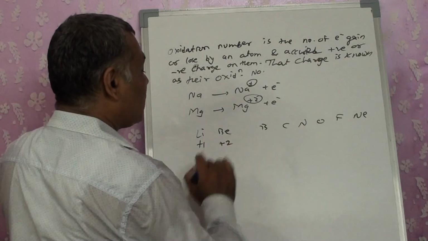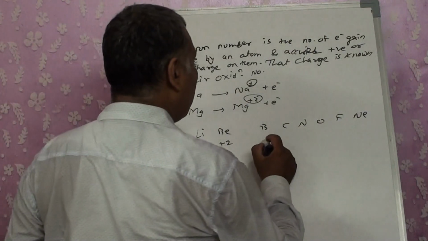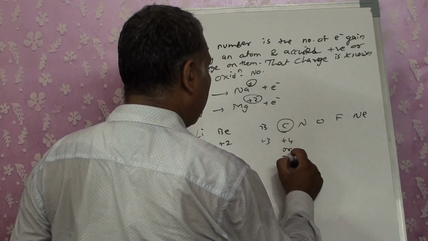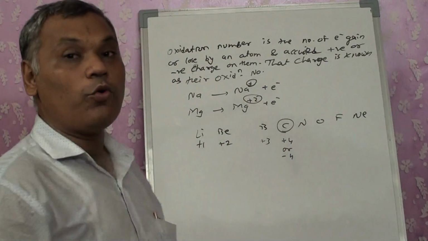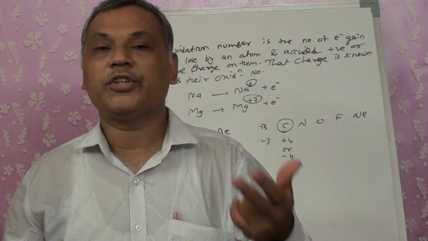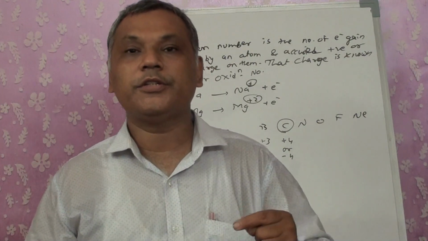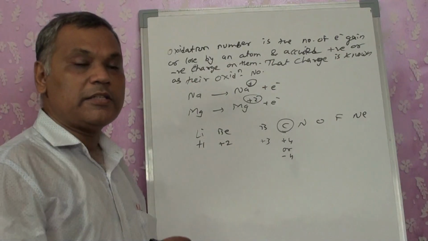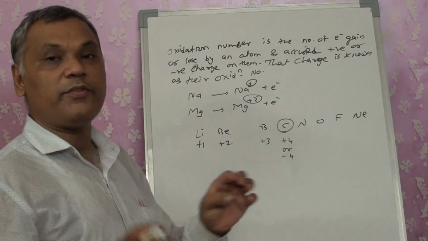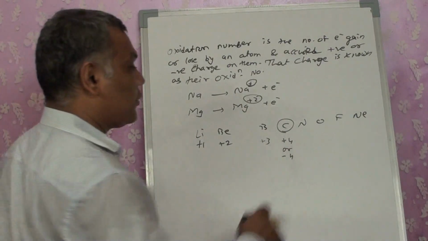Beryllium will be having a tendency to donate 2 electrons, so it will acquire +2. Boron +3. But the case of the carbon, it can be +4, it can be -4, it can go from +4 to -4. Either it can gain electron, it can share electron, it can donate electron. So from compound to compound, the oxidation state of the carbon will vary. It's possible to go for different oxidation states. These elements are having fixed oxidation states, while the carbon we are having a variable oxidation state.